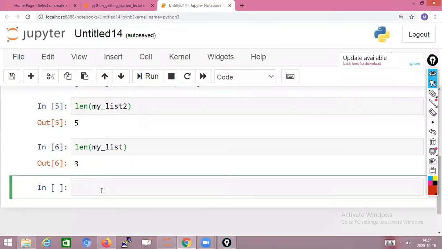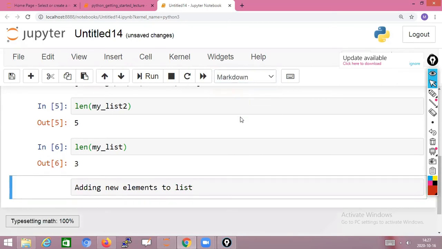Now we are going to discuss adding new elements to the list. So what is a list? A list is one variable which stores multiple data types of values. Shift enter.